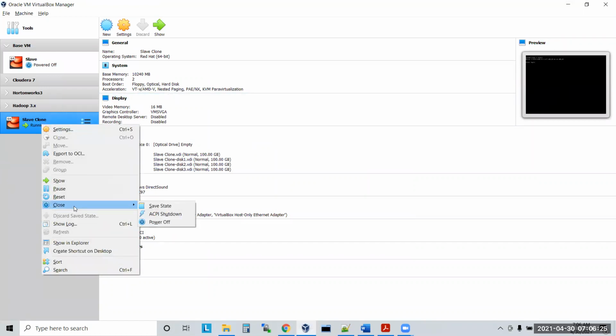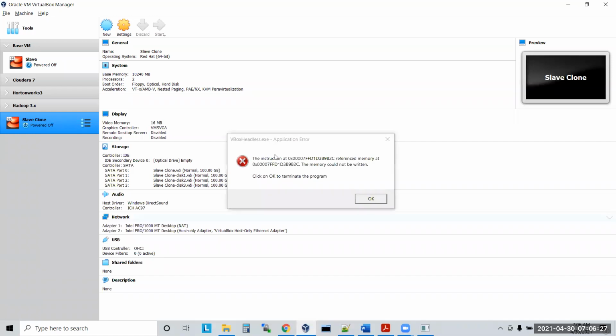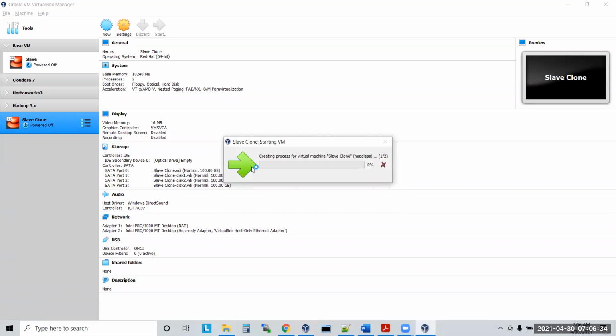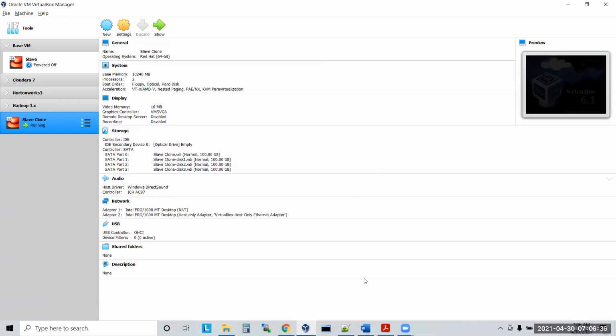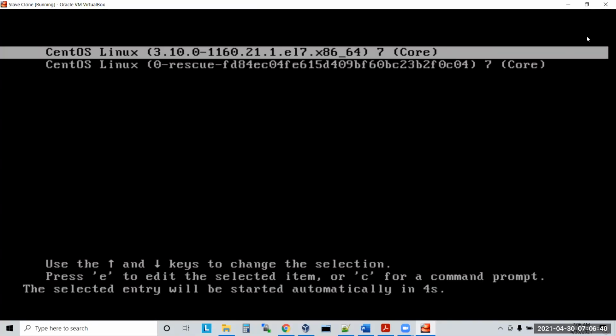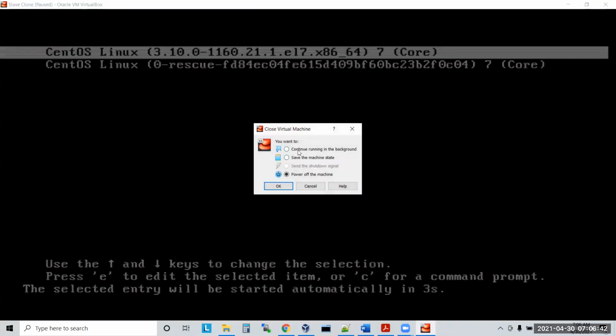Now if you want to stop it, just say power off. Now there is a third option, which is detachable start. When you click on detachable start, it will open a window. Let's say it is loading the window, but you want to hide the window. Just say continue running in the background. When you do detachable start, you will have this option. Understand?